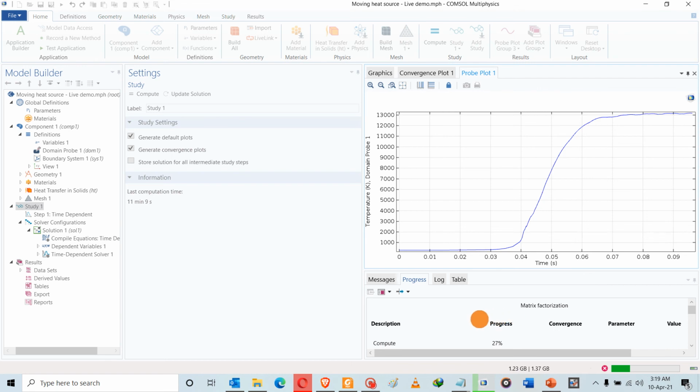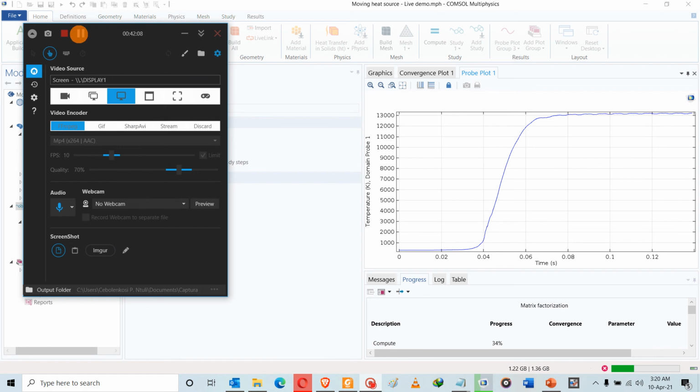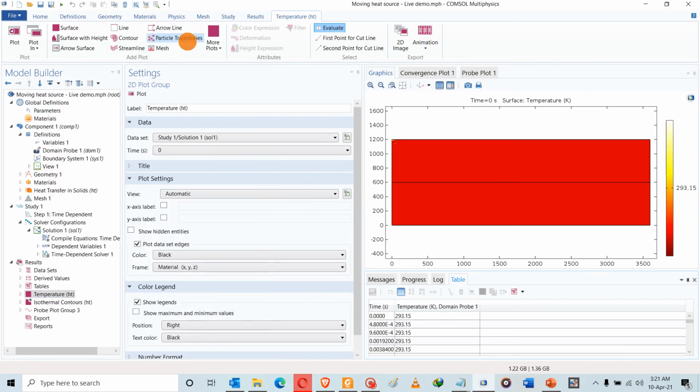So you can see that temperature increases and there's no pulsing effect yet. It's going to be remaining constant as time increases. So that's good. So the computation is completed. So you can see if we look at the probe plot,